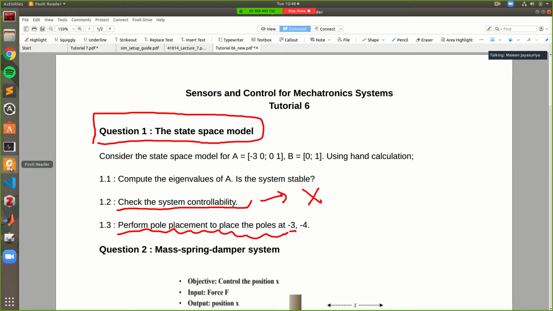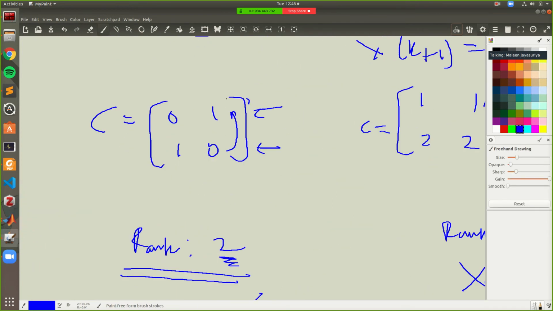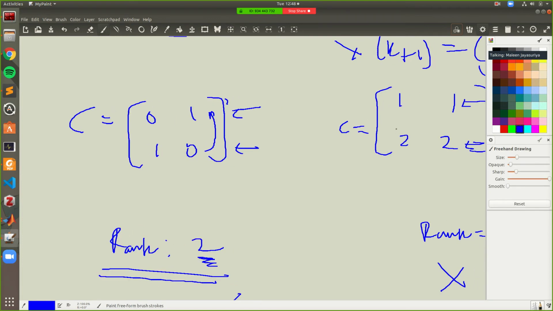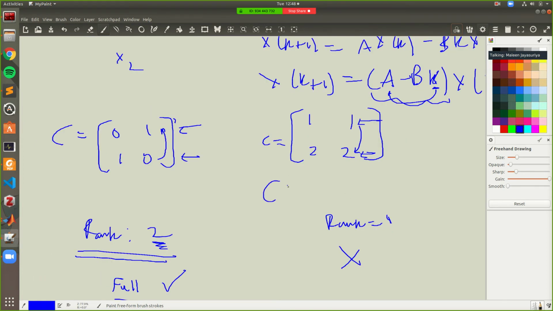So what the controllability matrix does is it tells you how many independent states there are in your system. In essence, how many independent states can you control externally. If the states are not independent from each other, you can't control all the states. If you try to control one of the states, it's going to automatically affect the other state. So essentially your system is not fully controllable. You can't control every single aspect of it. You can try to control one of the states, but it will automatically affect the other.